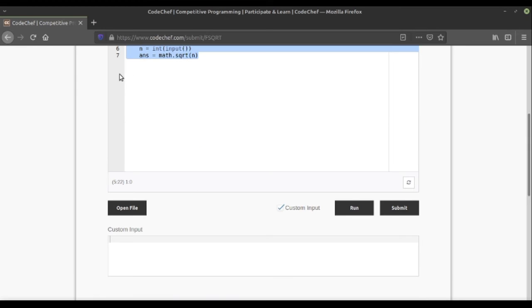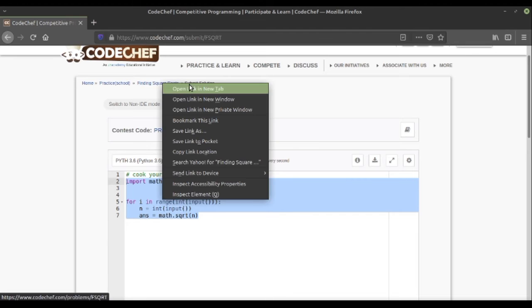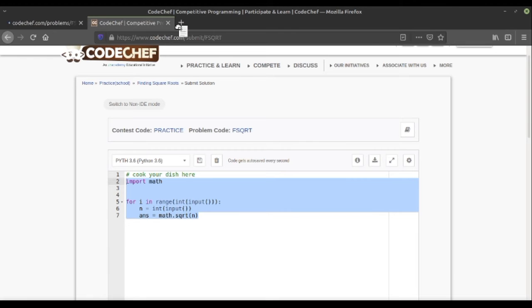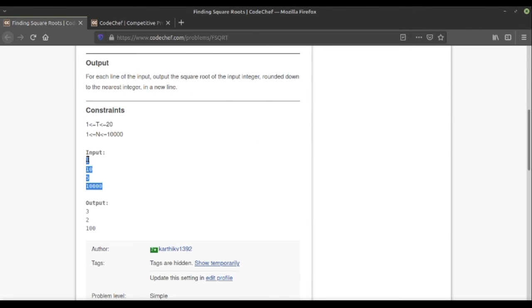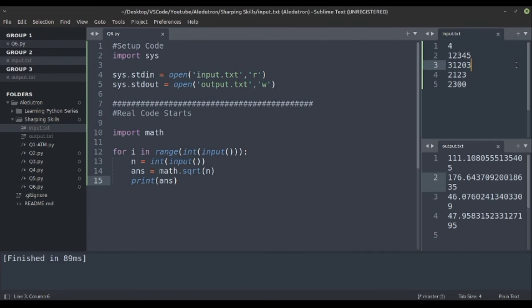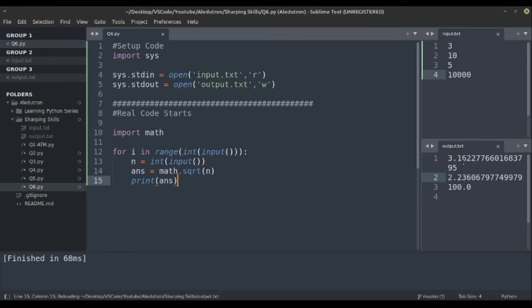We have taken big numbers. Let's also copy the inputs, paste them here, and run this again. Here you can get 3.1627, a long number.